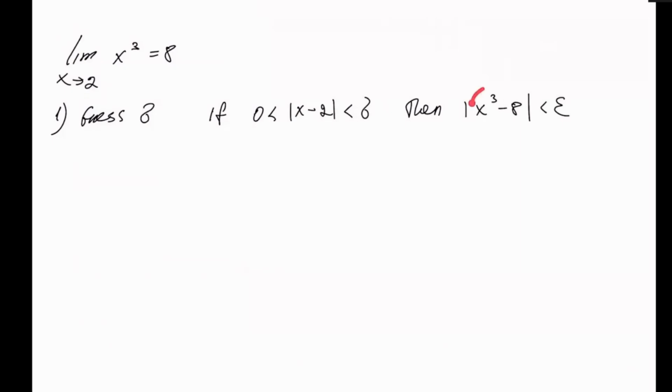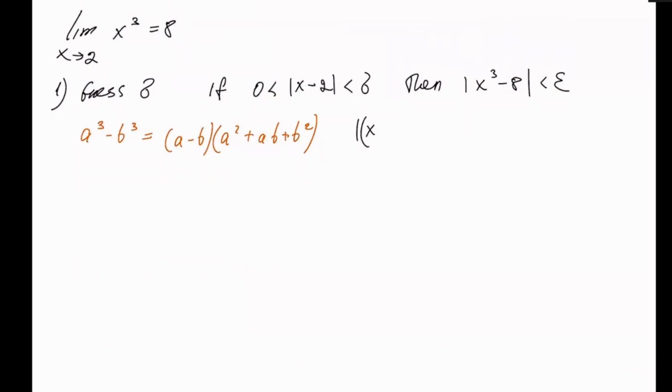Now look at this expression x cubed - 8. Remember that we have a formula a cubed - b cubed, which is (a - b)(a squared + ab + b squared). So we will apply this formula here to break it down into